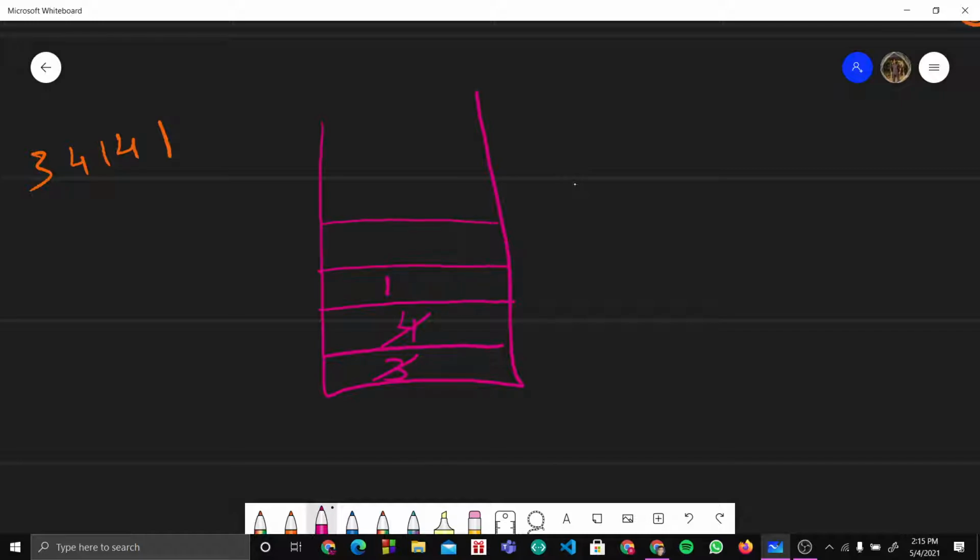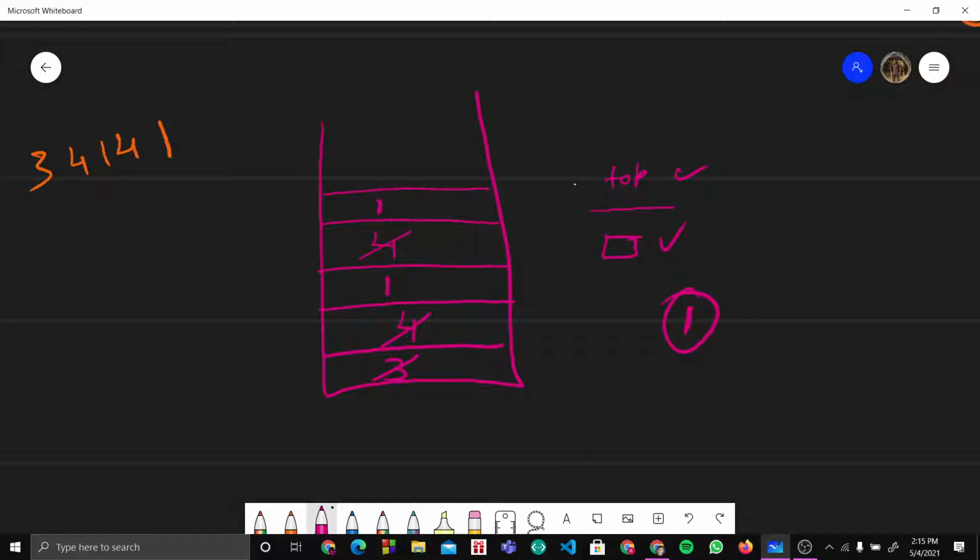Now I will push 4, no issues. Now I will push 1. Okay, my 4 is less than 1, right? So I will remove 1. And I will end when my top value and the number below it are both equal. If that's the scenario, then I will just exit and return that value. So 1 is the thing that got duplicated.